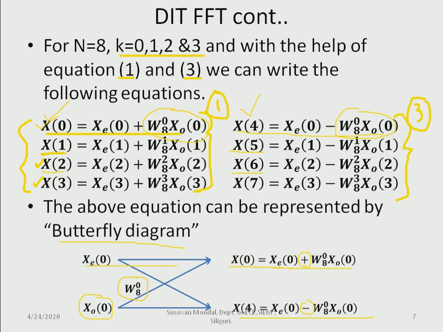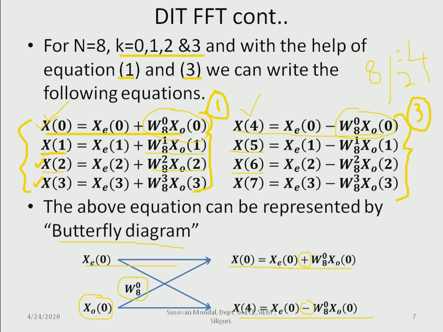If we look into all these equations, each is a complex multiplication. So here the total is actually not 8, it is 8 by 2. That means we have a total of 4 complex multiplications to get these results. So the total number of complex multiplications is reduced by half. This is the effectiveness of using the properties of the twiddle factor. By this process we can reduce the computations in FFT.